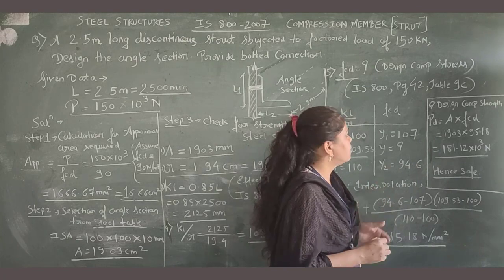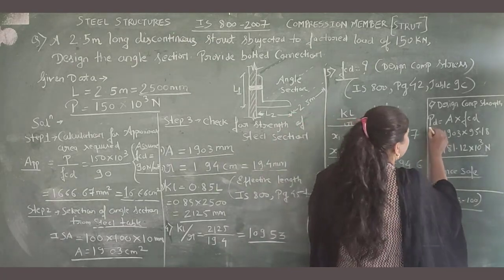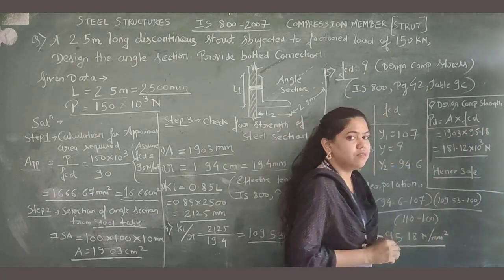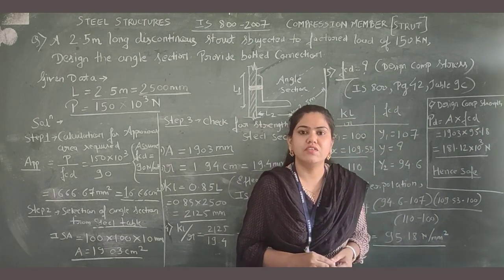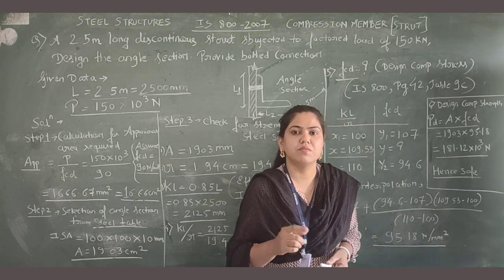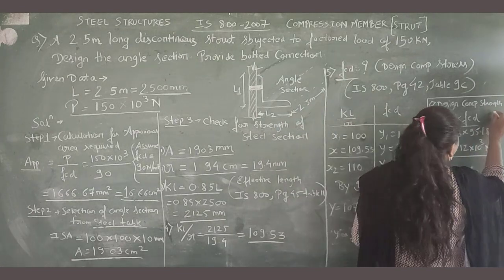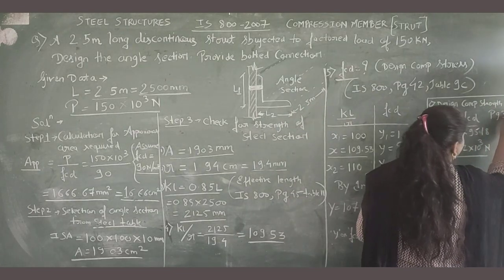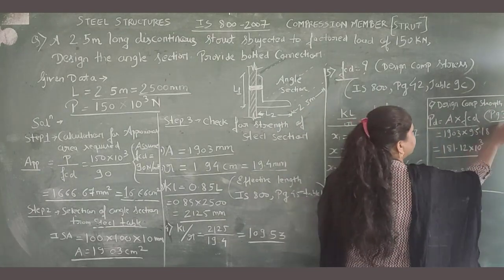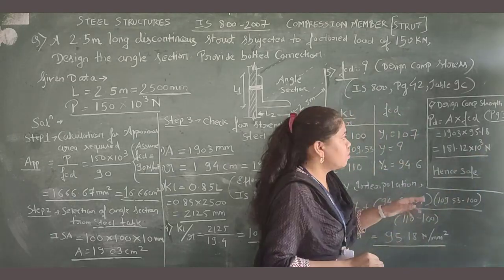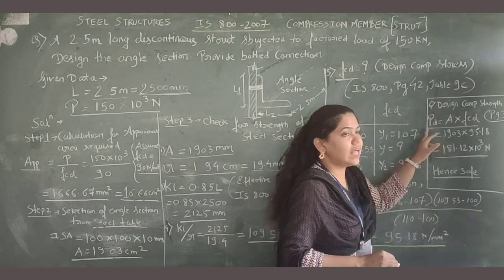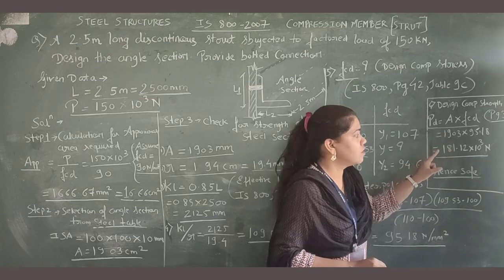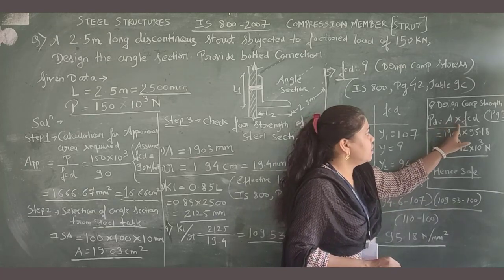For that purpose you have to apply the formula of Pd, which is given in Indian Standard IS 800:2007, page number 34. Okay, so in page number 34 the formula of Pd is given. From that formula you have to calculate the design compressive strength, which is equal to area into fcd